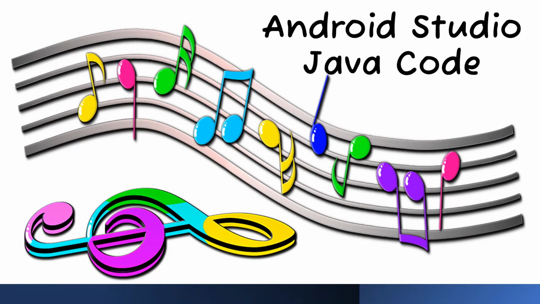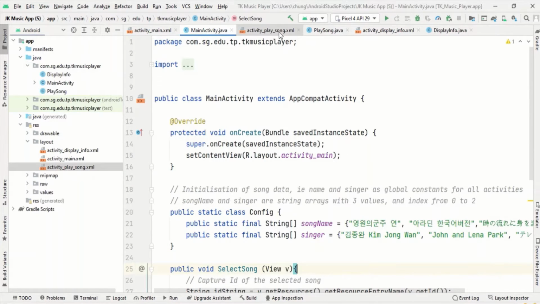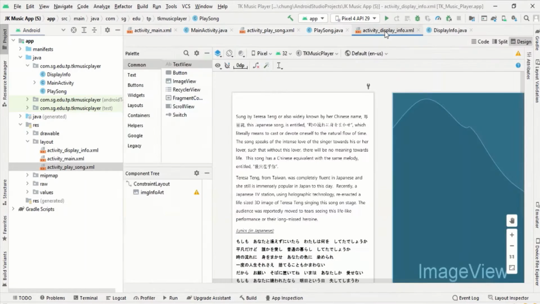Let's look at the Java code in Android Studio. In Android Studio, each screen in an Android app is called an activity. It is like a web page. There are 3 screens in the JK Music app and therefore 3 corresponding activities. The first is the main activity, the second is the play song activity, and the third is the display information